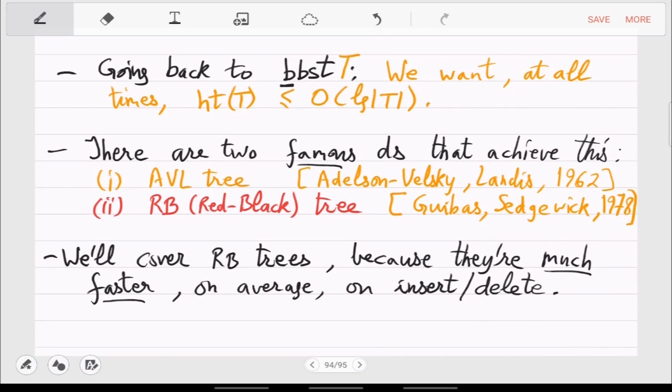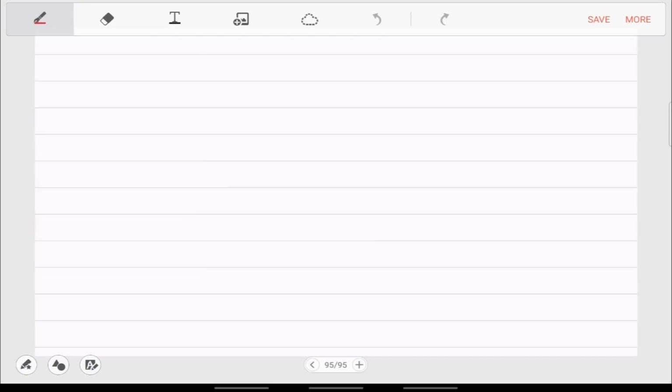So that you cannot make faster, but in insert delete, in AVL tree, you might have to rotate many times, while in red-black tree, the rotations may be just, let's say, 2 times. Okay, so it's the rotation part which is much faster in red-black tree. So which is why we'll cover this. It takes a lot of time to even define this tree, but let's start.